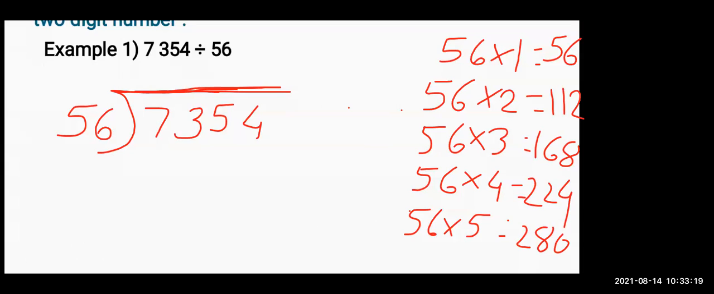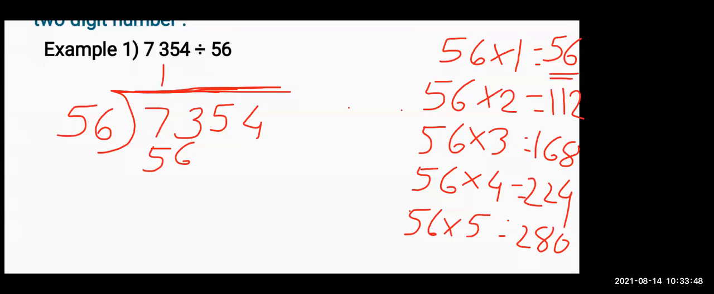Which number will you take? You have to take the smaller number. You are not going to take more than 73, the first number of 73. That means 56 ones is 56 and 56 twos is 112. 112 is bigger, so we have to take 56 ones. So we will write it like this: 56 ones